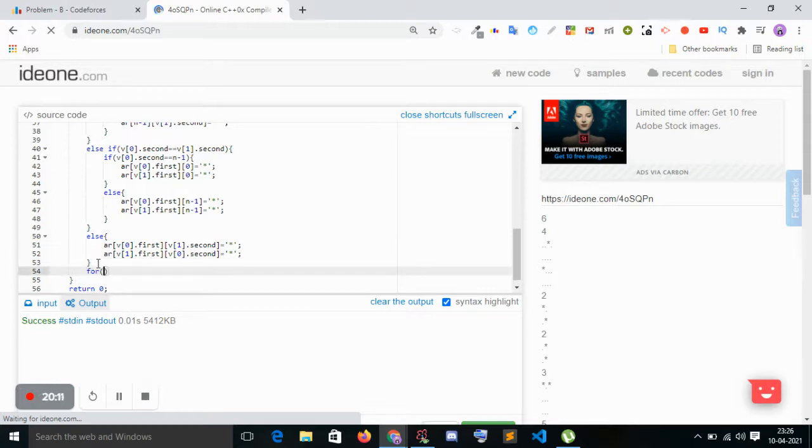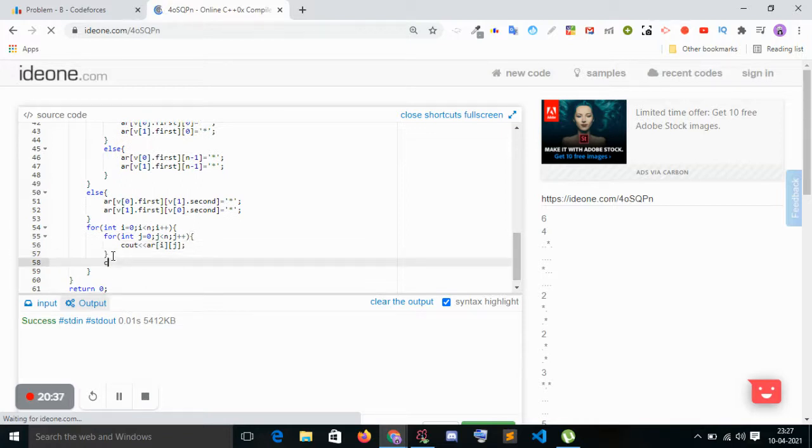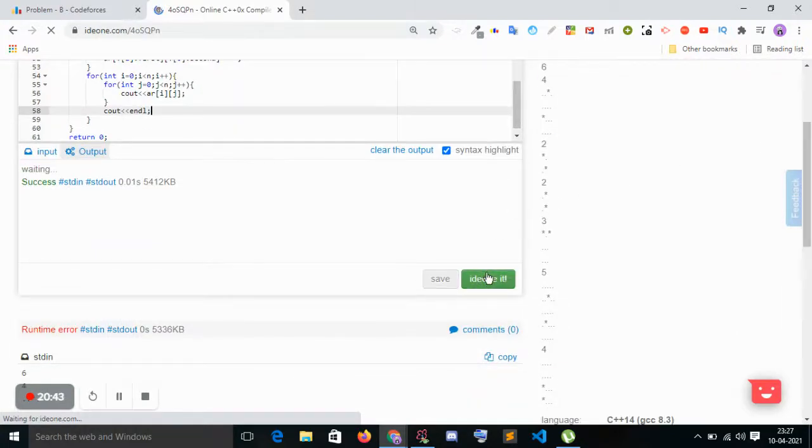I have to print with for int i equal to 0, i less than n, i plus plus, and int j equal to 0, j less than n, j plus plus, and cout array of i, array of j, and cout endl. Okay, now we're getting the correct output. So let's try to submit it.